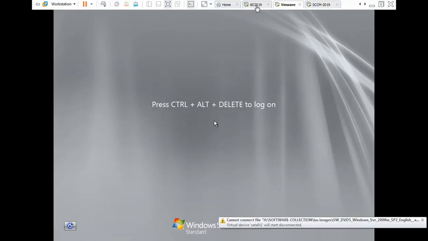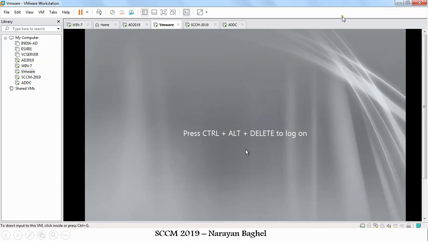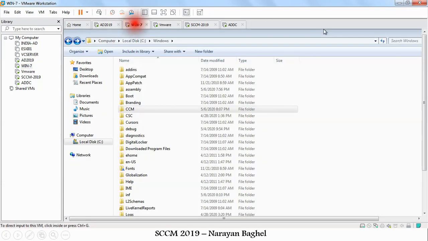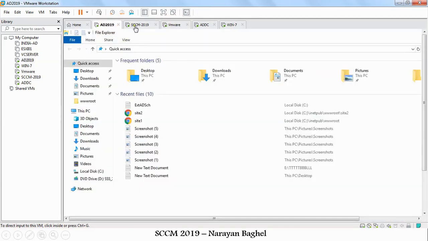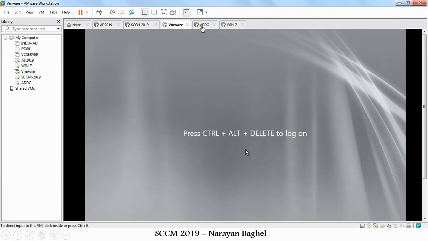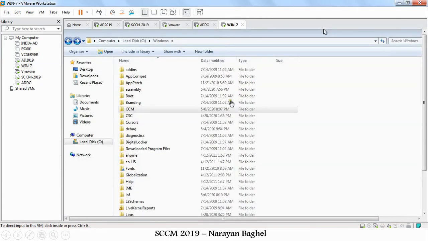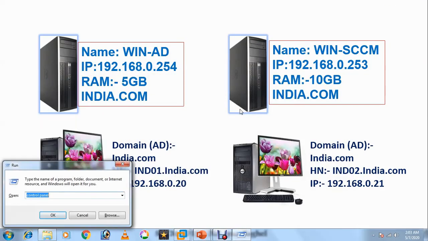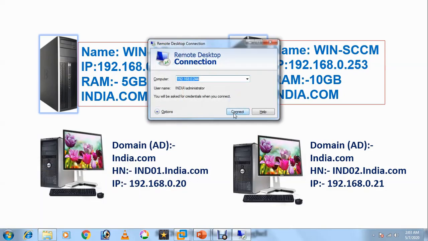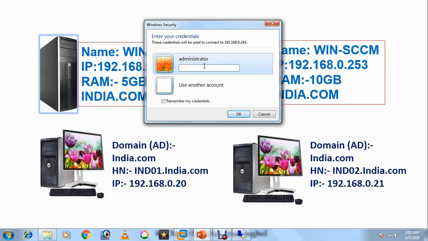This is my Active Directory. Let me show you here. As you can see, I have 1 2 3 4 and one more machine running here, it's Windows 7. So I'm running 5 virtual machines here, and this is my Active Directory, and this is the SCCM server. This is my other server, like VMware, and this is an additional domain controller, in this Windows 7. Apart from this, I have one client machine which is running remotely, so we can check that also. Let me connect that machine also. So this many machines I have connected for testing purposes.